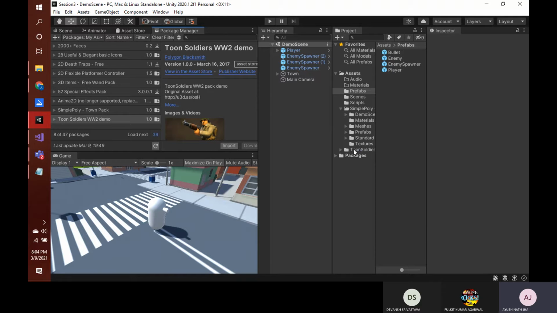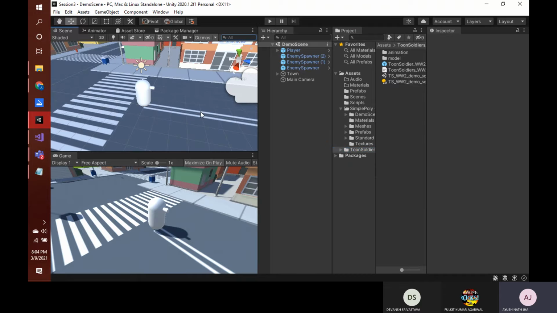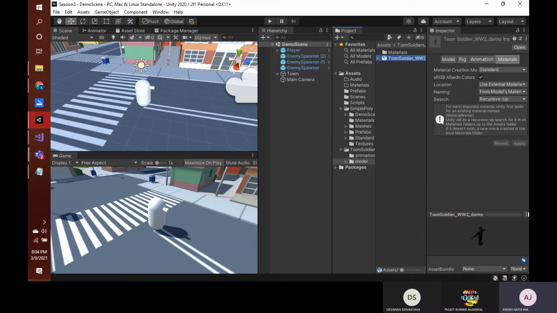And again, you will be having a new folder with our model for the Toon Soldier. And if you go back to our scene view, then you can see that if we open our Toon Soldier in the model part and click on this, in the preview mode you can see what your model looks like.